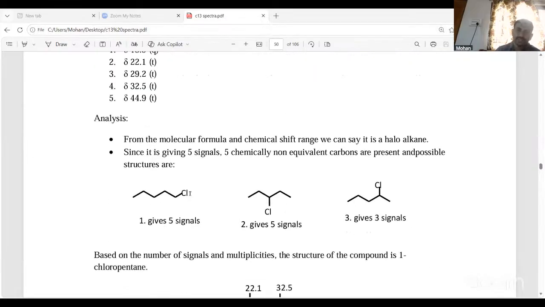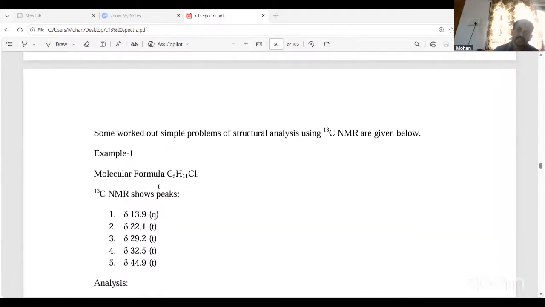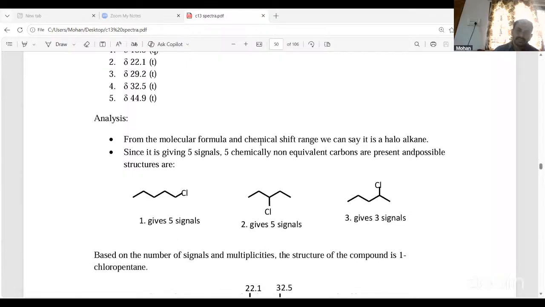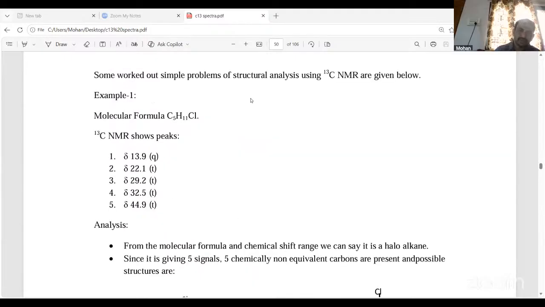Okay, so this is the application of your C13 spectra, and here some exercises are given. So here you see these particular examples, right? The values are given, and the molecular formula is given here, right? So the molecular formula is C5H11Cl, and the C1 carbon is 13.9 quadrate here, C2